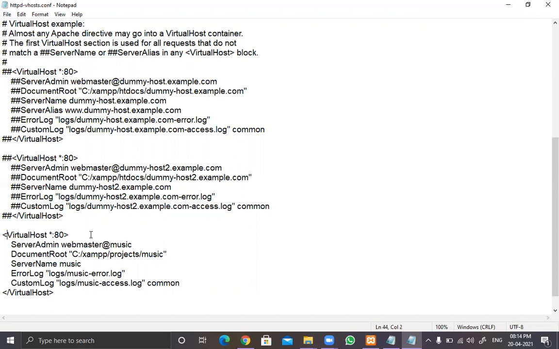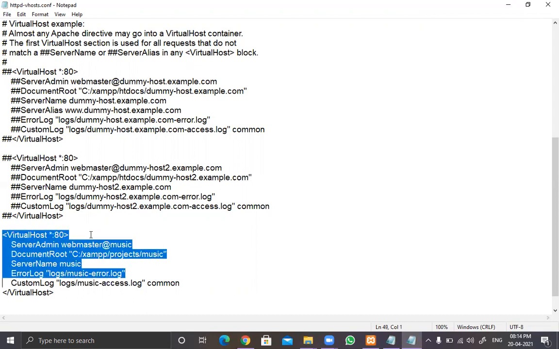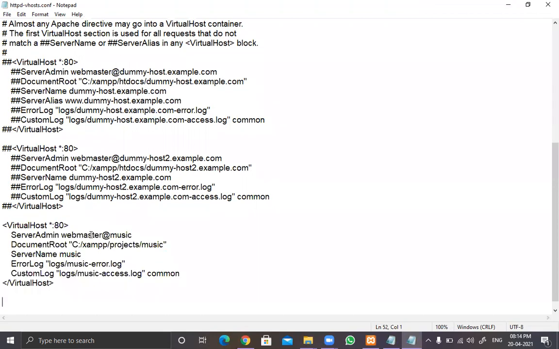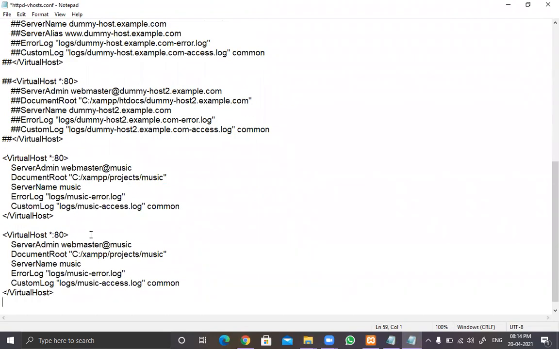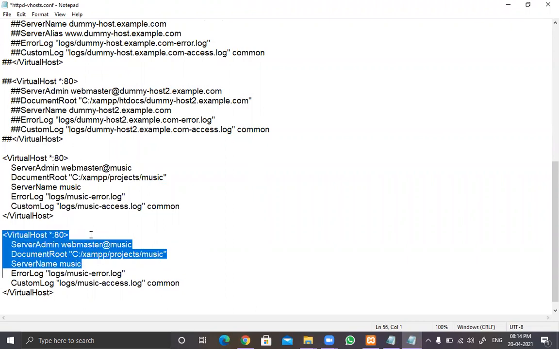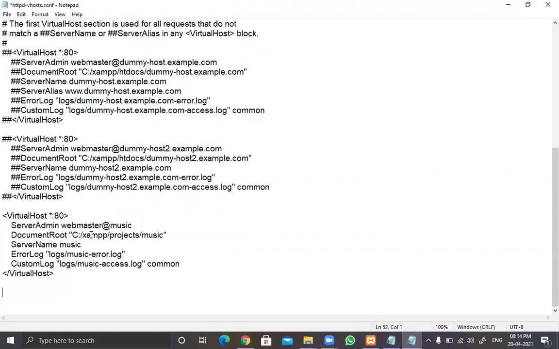the tourist website and for BSc IT3 website. So just copy this and paste it below twice, once for the tourist and the next time for BSc IT3. I leave this as an exercise for you. So you create these two entries and try to see whether your project works or not.